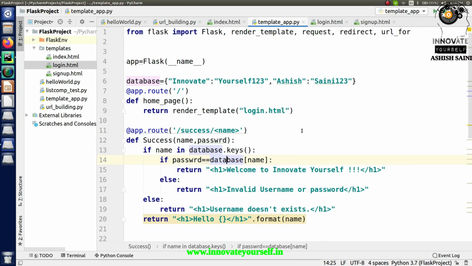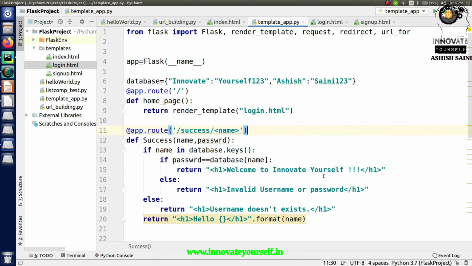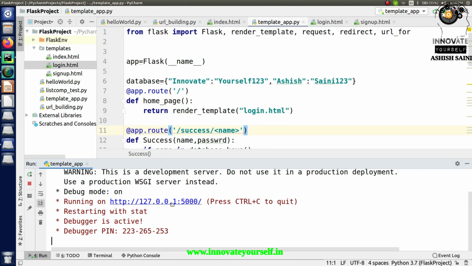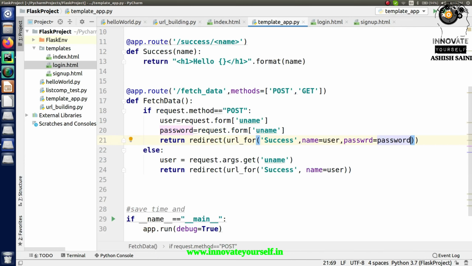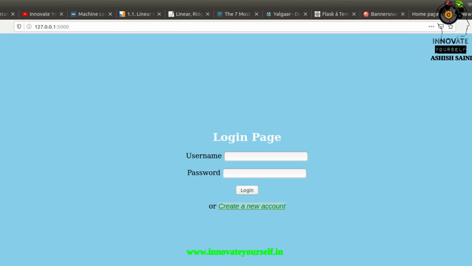So let's run this, and I hope everything is done from my side. Just run it. Okay, it's working. So let's see whether it's working now or not. Okay, I'm going to do this, and it will be called as per this. So I will call it. You can see it is showing you the home page, and your home page is something like this.